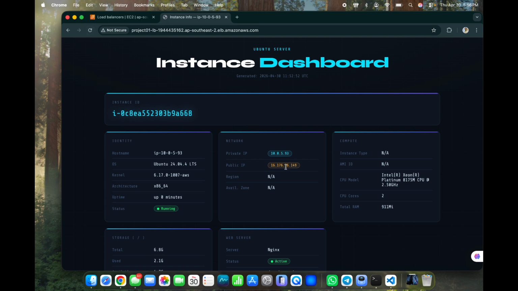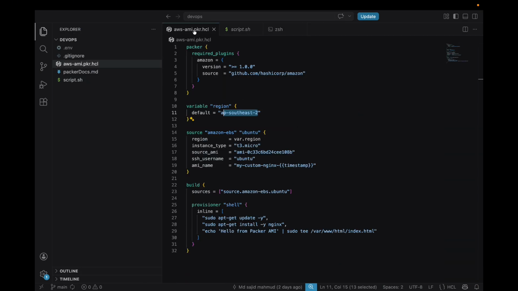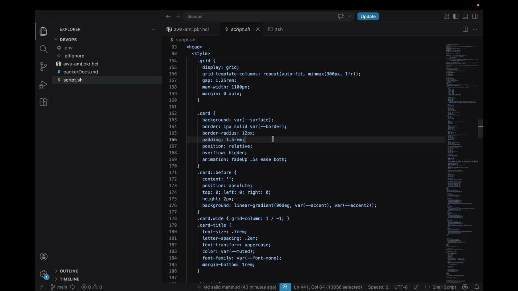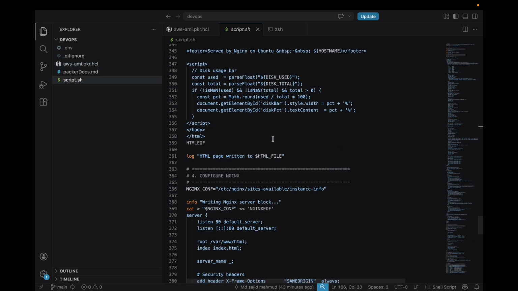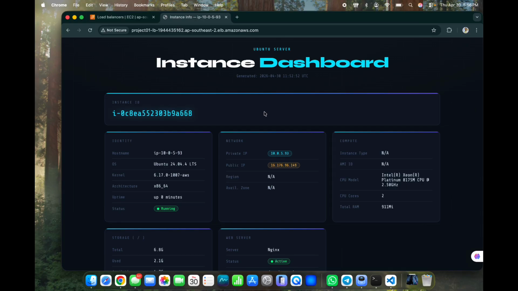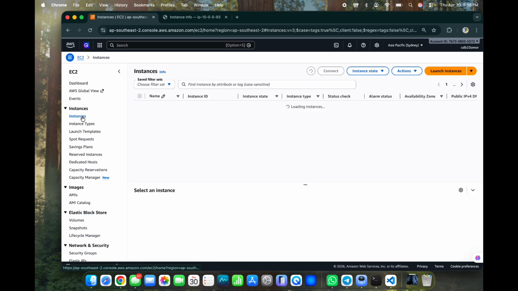To test the setup, we SSH'd into the EC2 instance, monitored the server using the top command, and generated CPU stress using the stress tool. As traffic and CPU usage increased, AWS automatically launched additional instances. This demonstrates how auto-scaling helps applications stay highly available and automatically handle increased traffic. And that's it. We successfully built a fully automated AWS infrastructure with Packer, custom AMIs, launch templates,